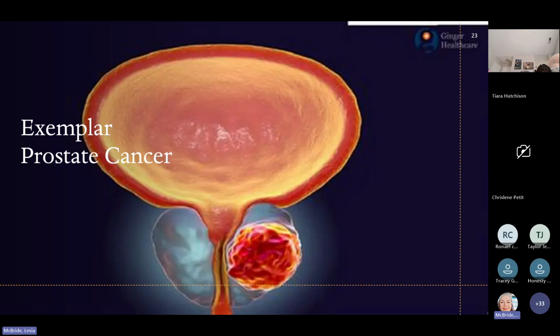Sometimes those cancer cells from the prostate can go into the lymph nodes, and then they can go to the bone. So it's very important that we look at the prostate to determine what type of cancer it is, how aggressive it is, and how much treatment. If it does metastasize, prostate cancer will go to the bone, lung, liver, and kidneys.